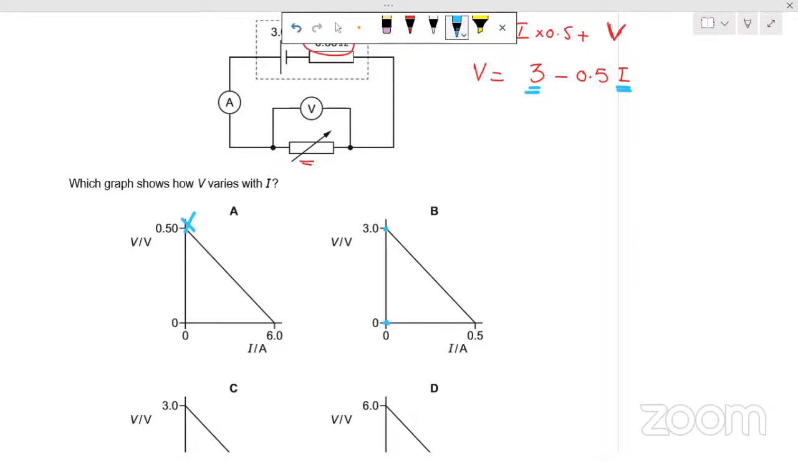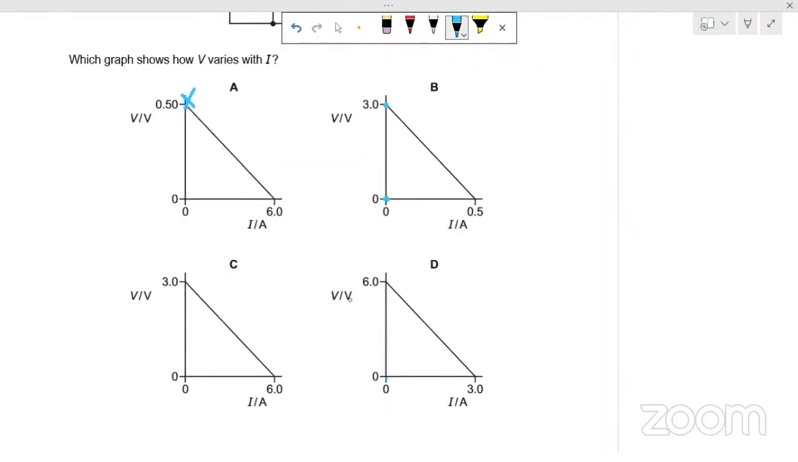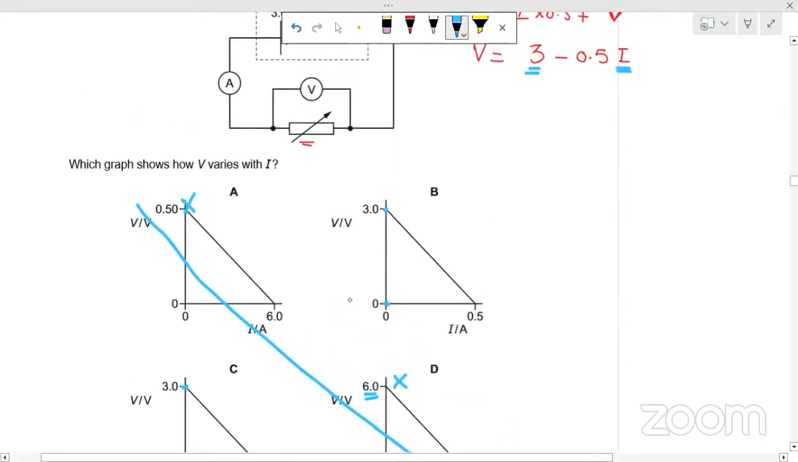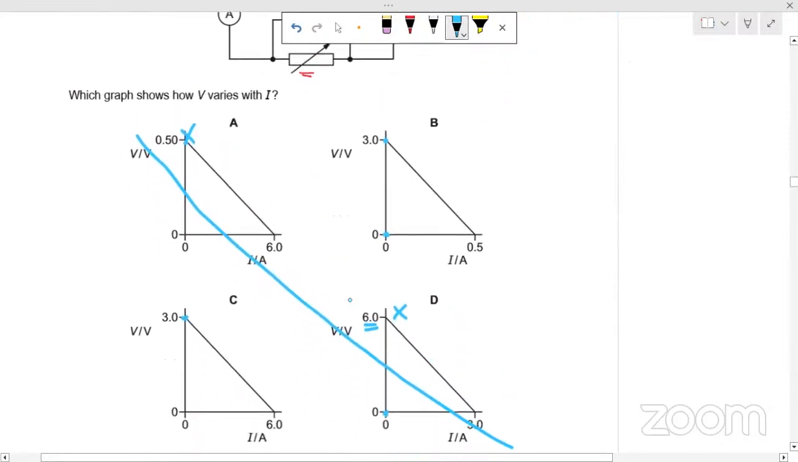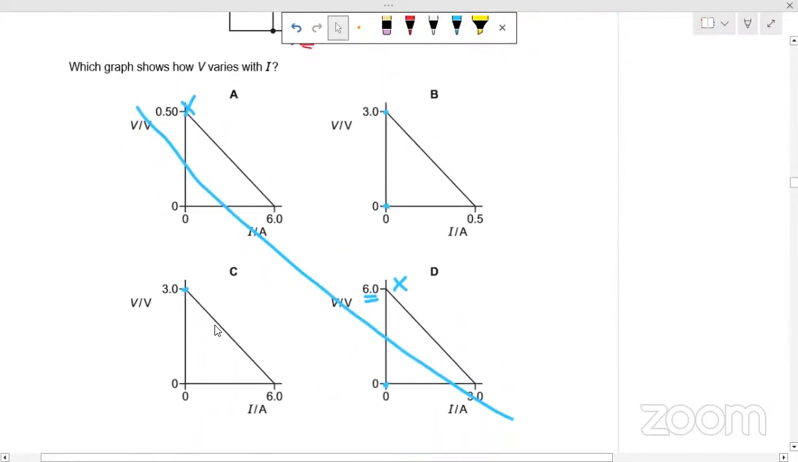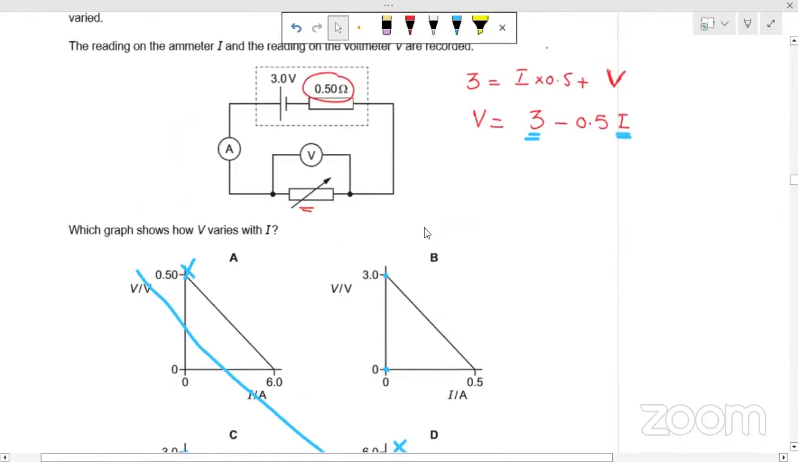So that's why A is not possible. If current is 0, the voltmeter is not 3 over here. So that's why D is also not possible. So let's eliminate these two. In both B and C, the voltage across this resistor is 3 when current is 0. So how to pick one out of these two? We will look at the